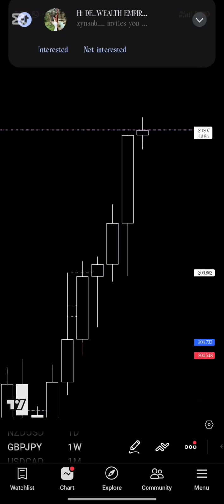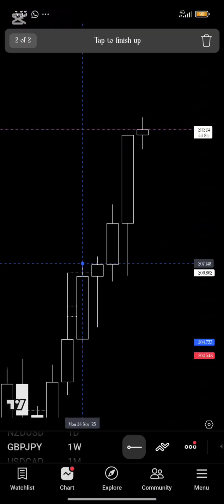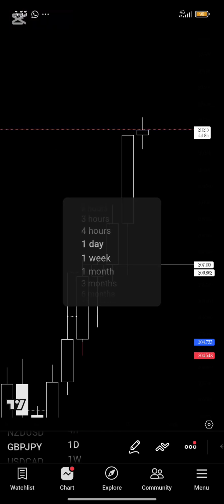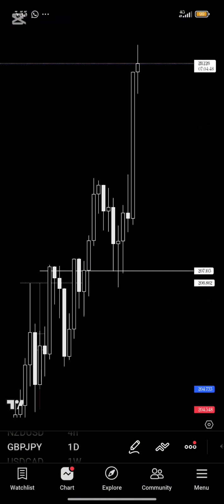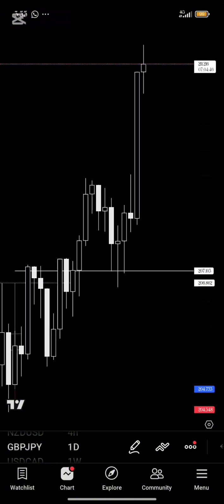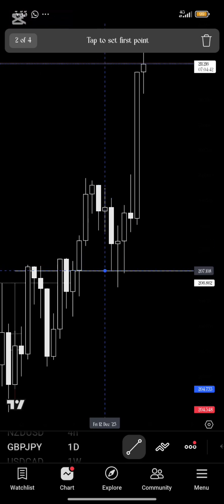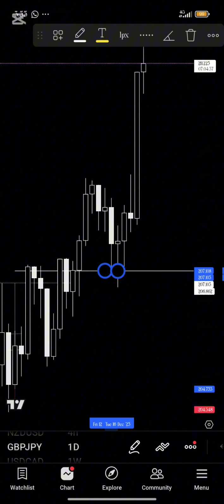So the past week before now, price closed around here. Price gave us an open close level, and then price tapped into it and closed above. After price tapped into it, we went to the daily time frame. Then we were able to see that price formed a CRT, and one of my criteria for CRT trading is